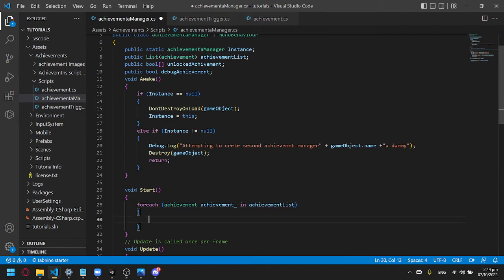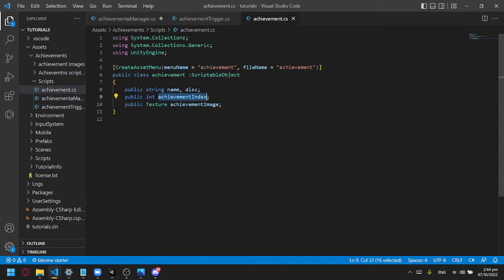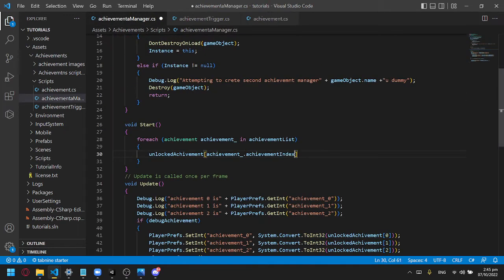So it's checking each achievement in the achievement list. We're going to get the achievement, which is just going to be the name, and we're going to essentially say unlock the achievement. Which boolean achievement are we talking about? We're talking about this dot index, index very useful, and then we're going to say equals to, now we're going to say if